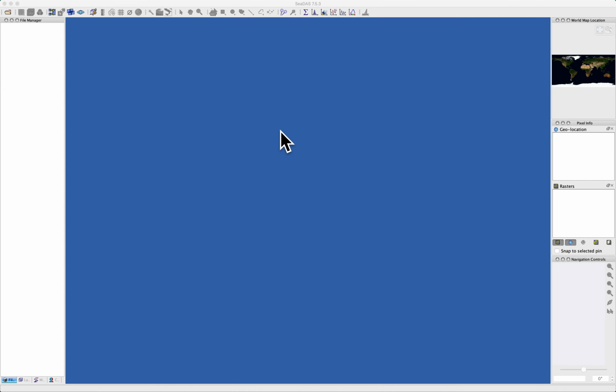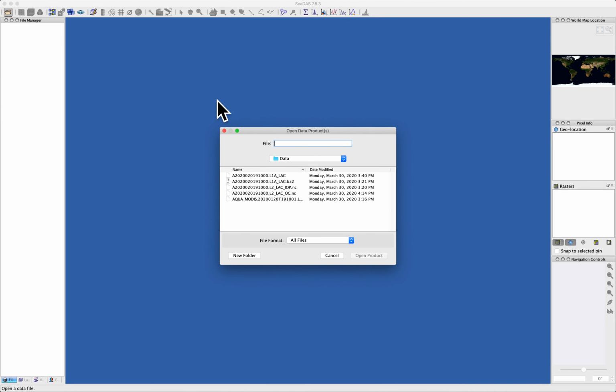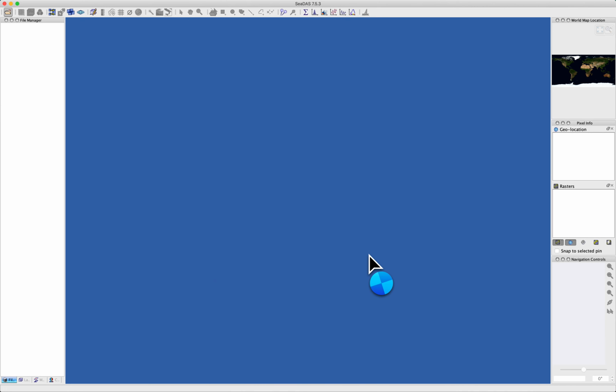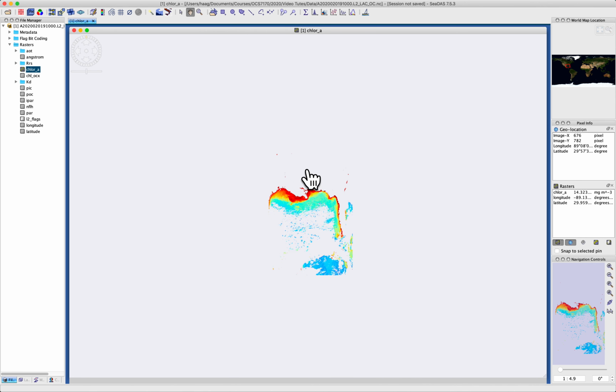All right, so let's carry forward with some simple operations in SeaDAS and look a little more deeply into the layer manager. If we open our ocean color product, display the chlorophyll band, and throw a lat long grid onto this data, we see again this is in sensor projection. The data has not been georectified to a map projection, so it's distorted by the rotation of the Earth underneath